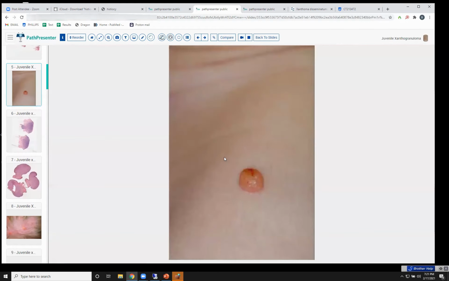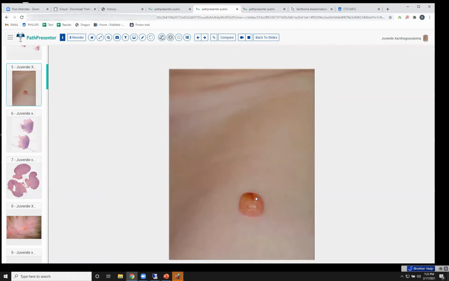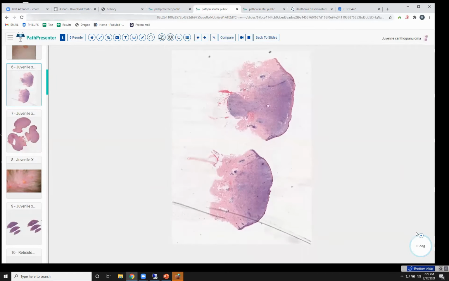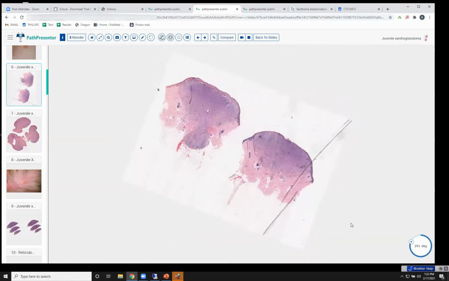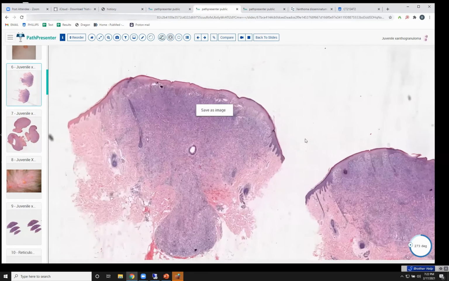So the next is a clinical photo. Most people will probably know what this is. It's a yellow to erythematous, well demarcated nodule. It was in a young child, and this is a classic juvenile xanthogranuloma. And here we have this histology, which everybody probably knows well. Nice punch biopsy